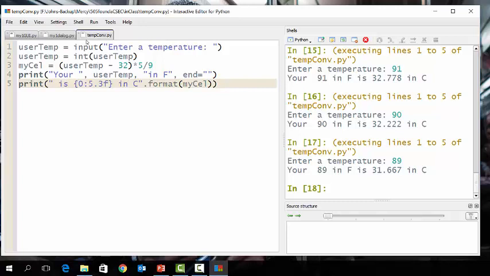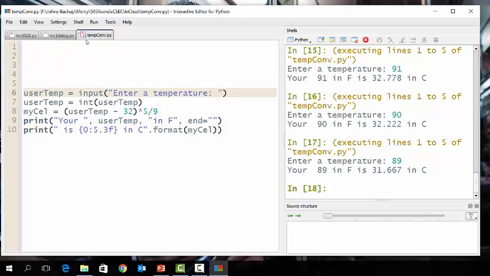Okay. Now, what can you do further? From here, a lot of extension is possible, right? I want to make not only the conversion from Fahrenheit to Celsius, I want to make it selectively. But before we get to that, I want to make this a function. I want to define this as a function, which means define Fahrenheit to Celsius,